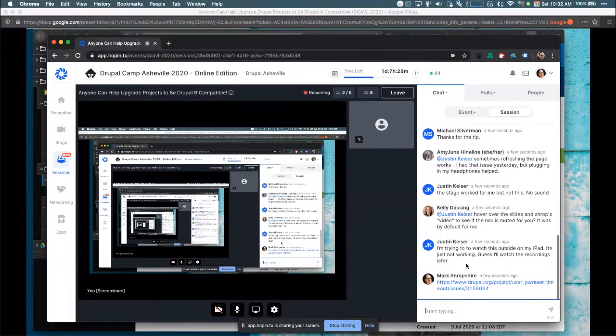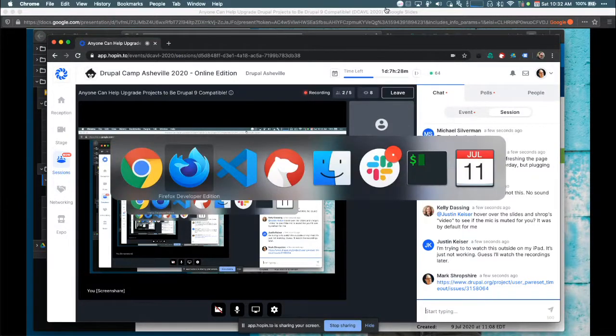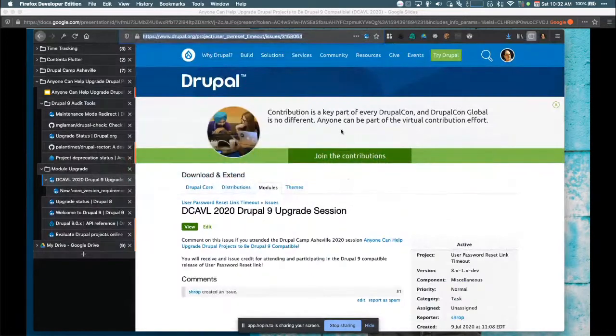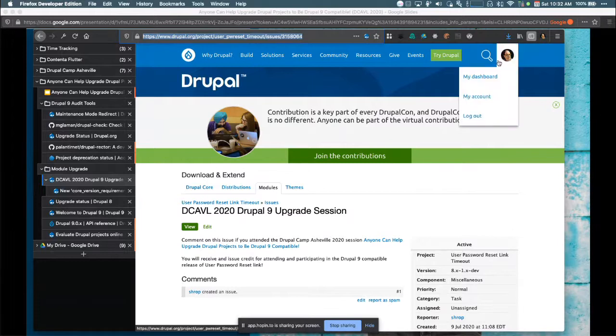Anybody that is on this session live and participates, please, first of all, make sure that you have a Drupal.org account. And you can do that by going to Drupal.org. I'm logged in, but there'll be an area that says register.